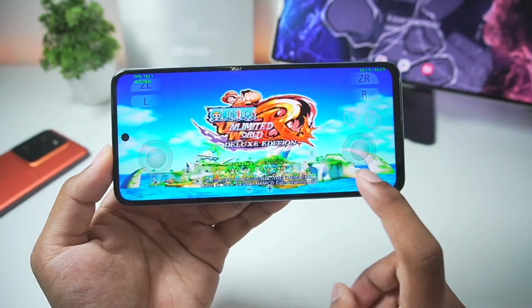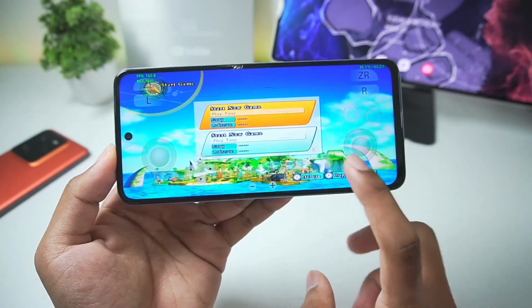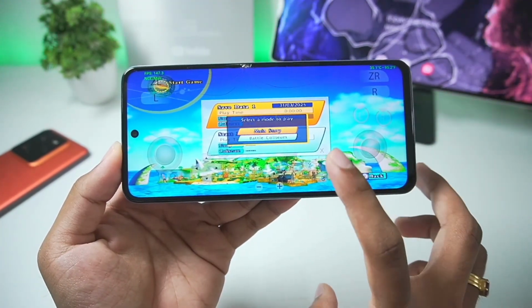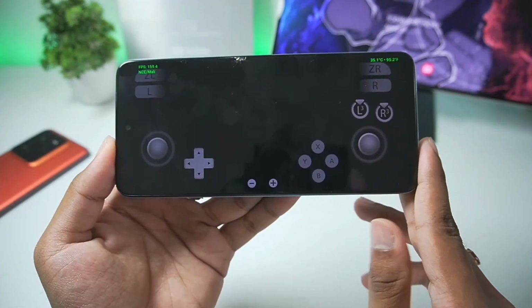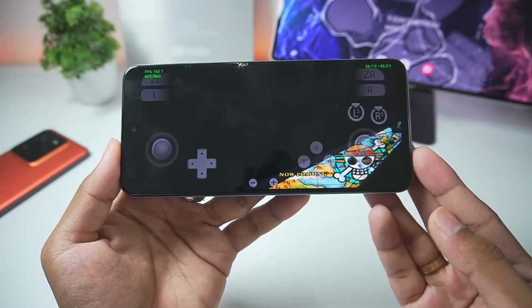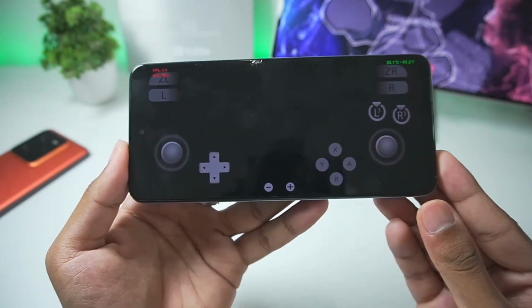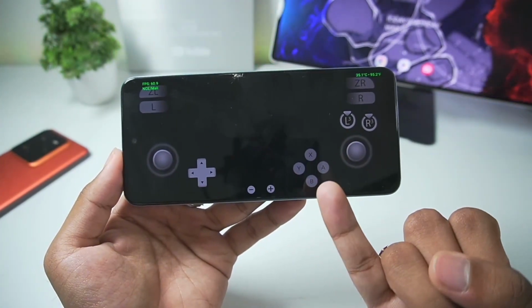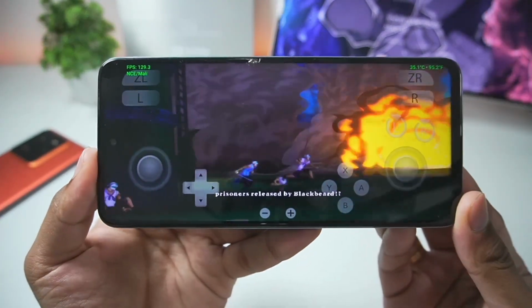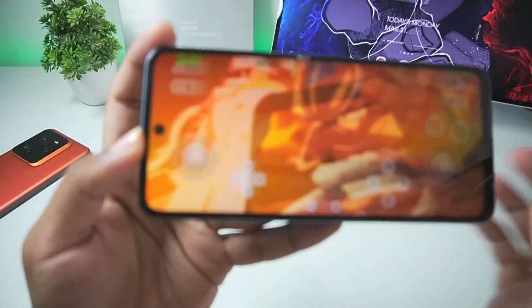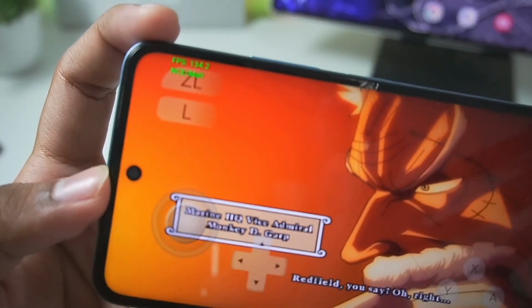I want to see the FPS very badly because Mali GPU Android devices are very strong in terms of processing power. They are completely worth the money if you want to run native Android games. But what about emulation, right? Emulation is very bad on Mali GPU Android devices, especially Windows emulation and even Switch emulation in some cases. But here at the top left corner you will be able to see I am getting almost 130 plus FPS